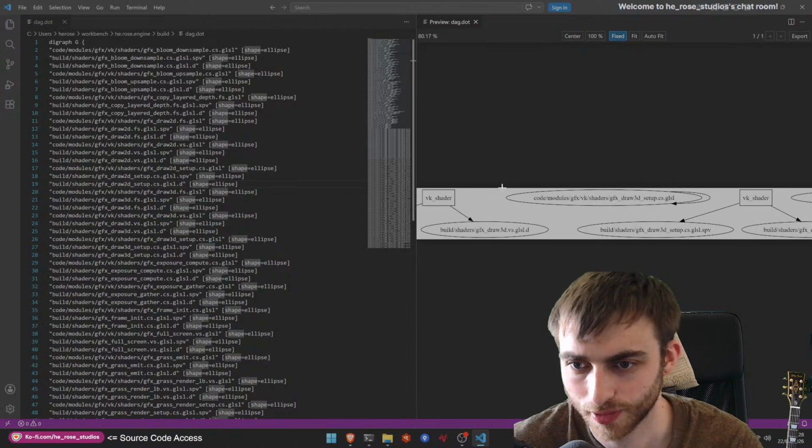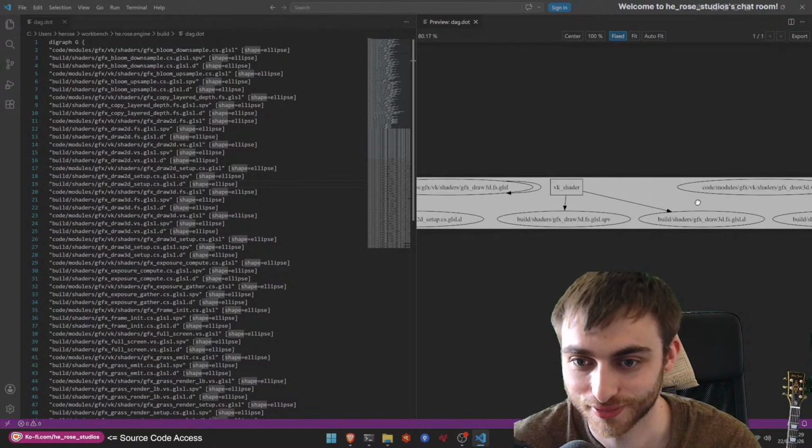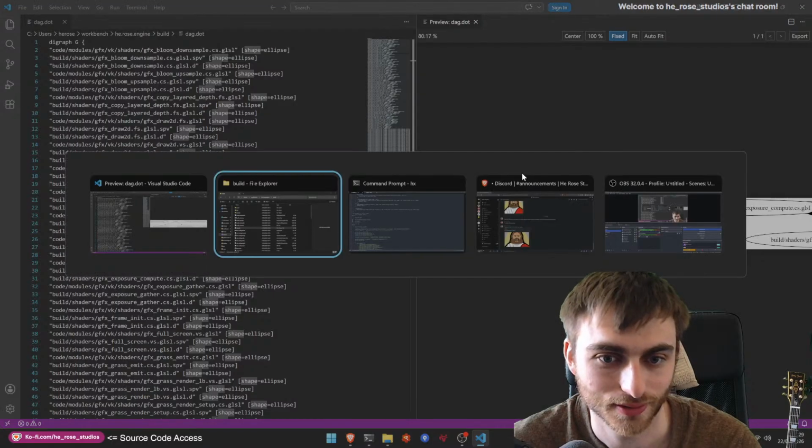Seems like this one's not compiling. It's weird. Or it's pointing to itself. See, there's still problems to fix. We've got quite a few little issues, right? So